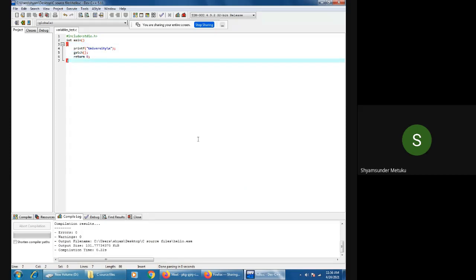Does this C program have any declaration statements? Can anybody respond? I think I already mentioned what you mean by a declaration statement and what you mean by executable statements. Does this program have any declaration statement? I'm asking all of you. I mentioned it maybe in the previous or previous to previous class; I don't remember exactly.